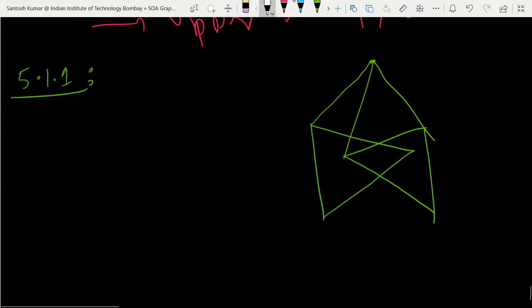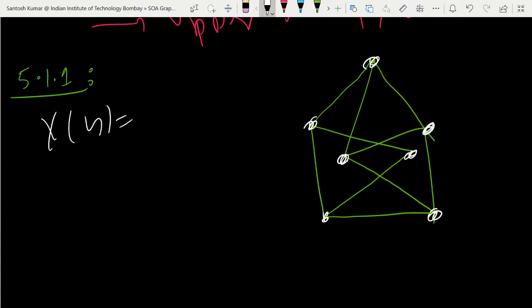Okay, so this graph has 1 2 3 4 5 6 7 vertices. This is the graph. What they asked in the question is: what is the chromatic number of G, what is omega of G, and what is alpha of G. I'm not writing word to word. They are asking you to find the chromatic number, the independence number, and the clique number,